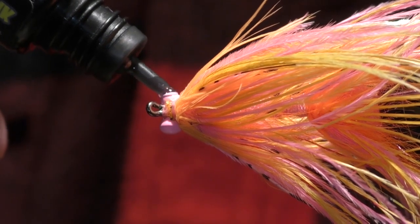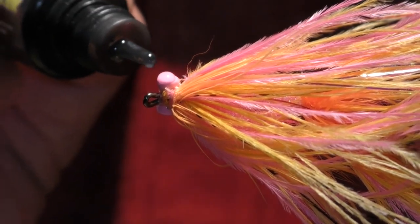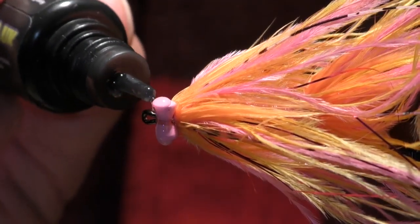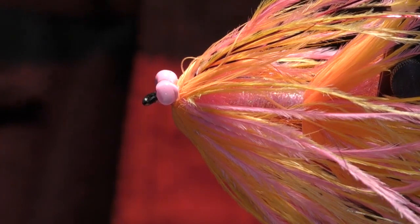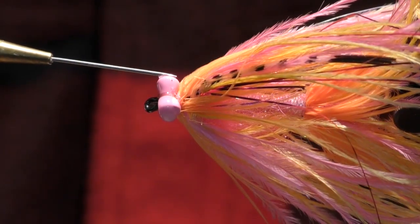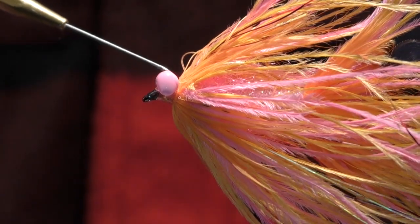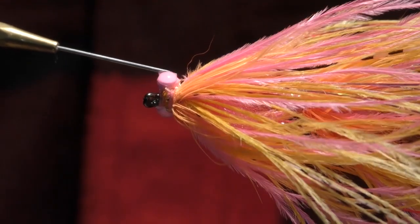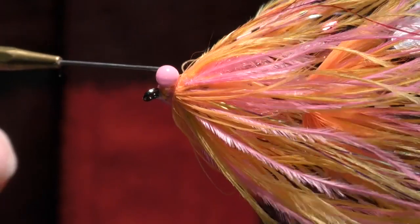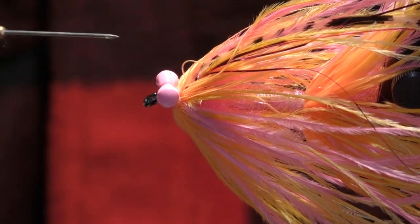Now here, guys, you've got to be pretty careful of what you do, because you can certainly get too much of this stuff on there very easily. The thing you got to know about this resin stuff too is that after you get it flowing, it flows a lot easier. So the first little bit, you want to go really easy, and you want to take your dubbing needle and spread this stuff around, especially over the top of the eyes, because these flies ride upside down because the weight is always on the bottom of the center of gravity, and so these flies will keel over, and it's this part of the fly right here that gets the main amount of abuse from the rocks. So give that a good coat,